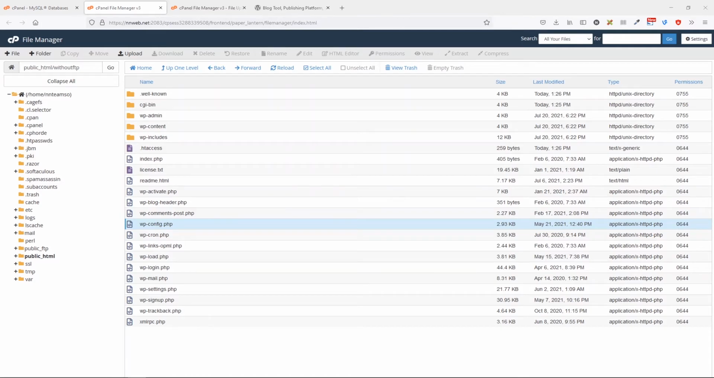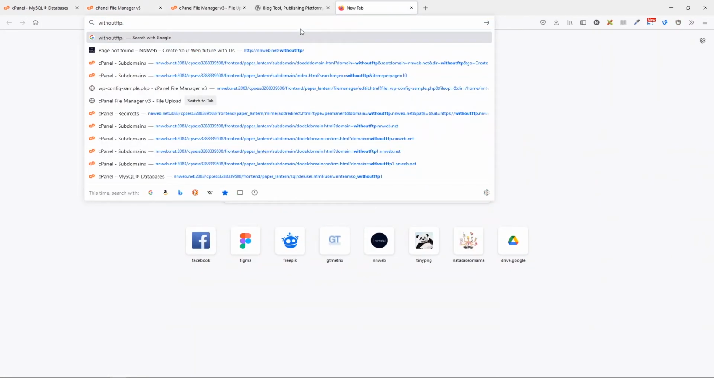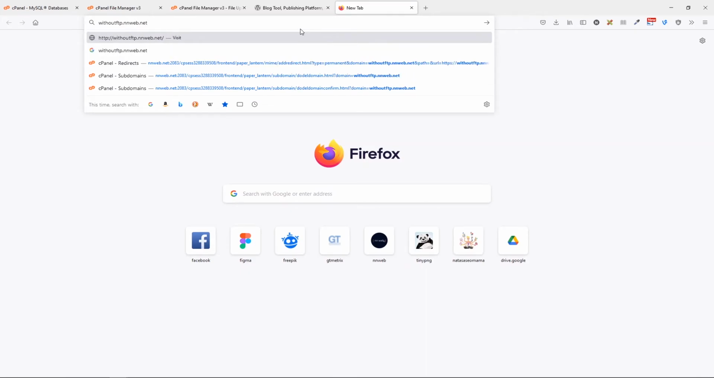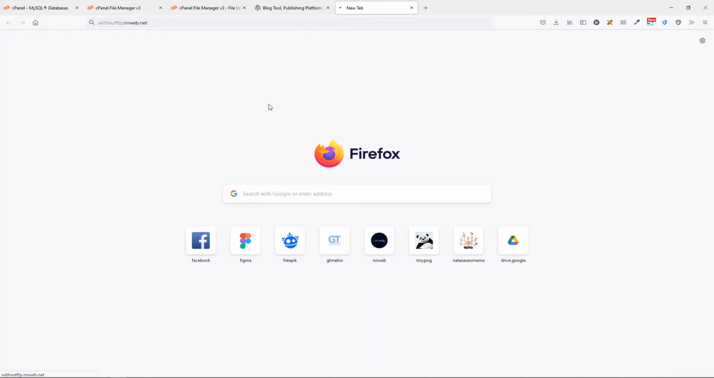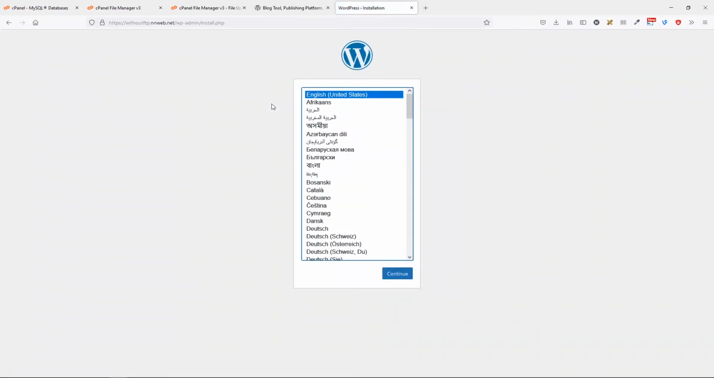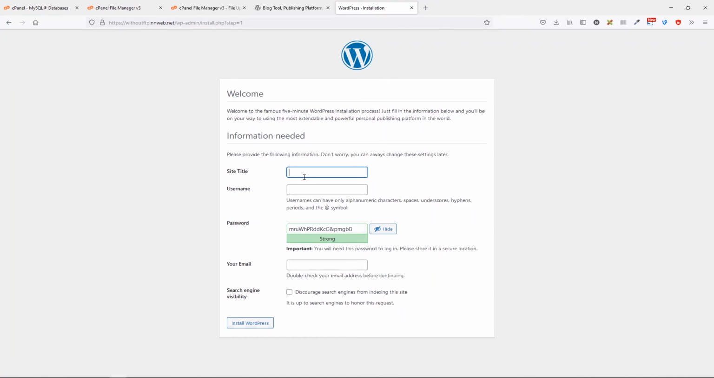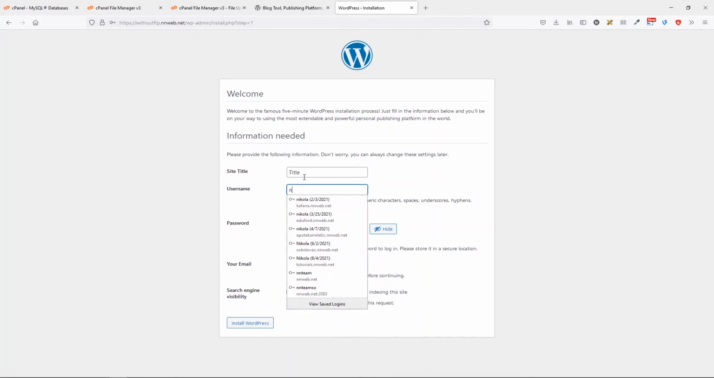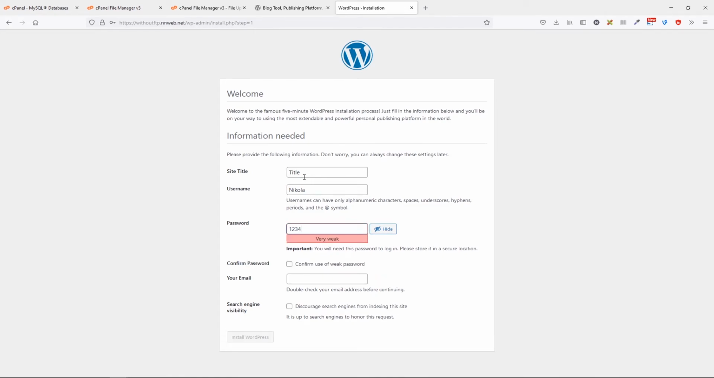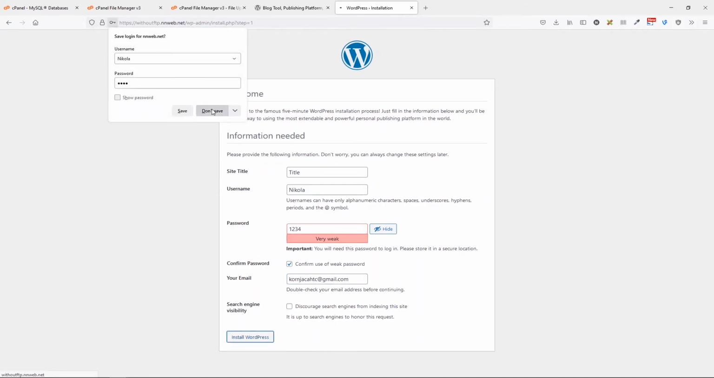Now let's type our address, just like our subdomain, and we have the options for the WordPress installation. Choose your language, type the site title, username will be Nicola, and password just for this tutorial will be 1234. Confirm use of weak password, type this is my spam email, click install WordPress,